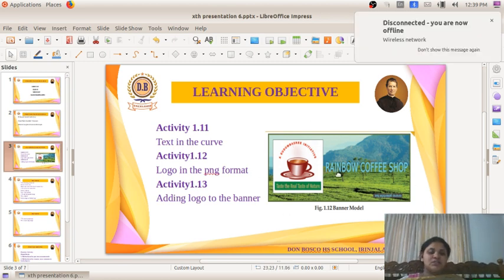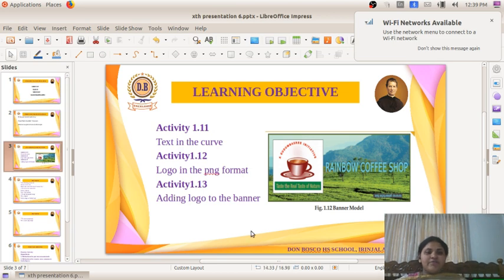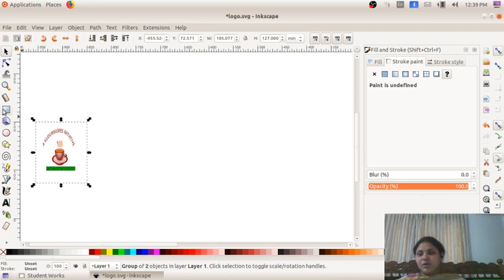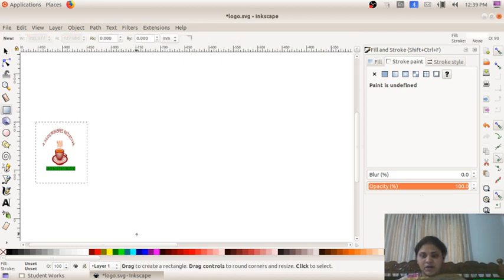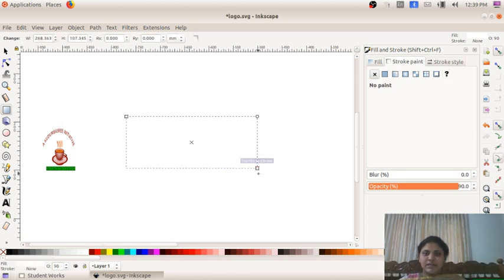For creating the background image, first we have to create a rectangle. So I am creating a rectangle. I am giving the rectangle a green color.